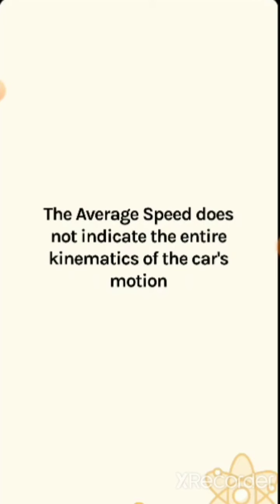That means at a particular instant, what is the speed? That one we cannot get from the average speed. Where are we calculating average speed? In case of non-uniform motion only. Otherwise, if the object is moving with a uniform speed, then we can easily calculate the speed. Because the car is moving with non-uniform motion, we need to find out the average speed.